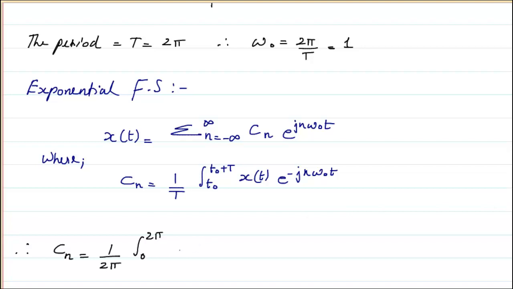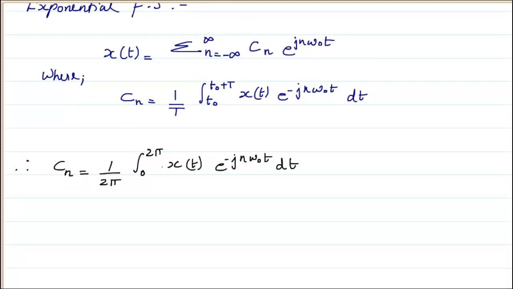And x of t, I will write x of t itself, because in the next step I will split it, and then e raised to power minus jn omega naught t dt. I have forgotten a dt here. Generally I forget, sorry. So therefore, if that is the case, then